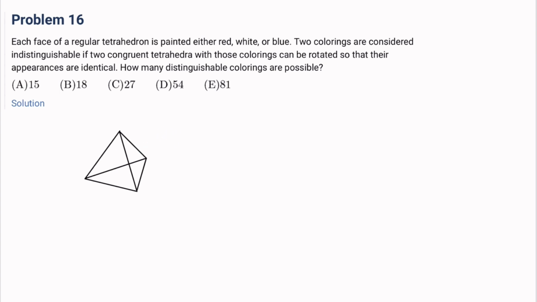Okay, so we can differentiate this by the number of colors that the whole tetrahedron is going to have, right? Number of colors. If the whole tetrahedron is just one color, then that's 3 choices, right? It's either all red, all white, or all blue. And if there are 2 colors, we could have